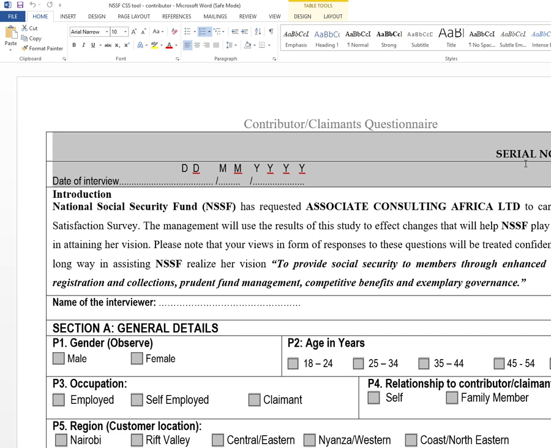I'm not going to code serial number because I mentioned we will also be able to capture this by default in the server. I'm not going to focus on the date of the interview. We'll also capture this by server. But now let's talk about introduction. So I will combine introduction as part of acknowledgement. There are two ways of going about it. You can either have this one as a variable, and if you're having it as a variable, you're not going to expect any answer. The introduction is basically meant to